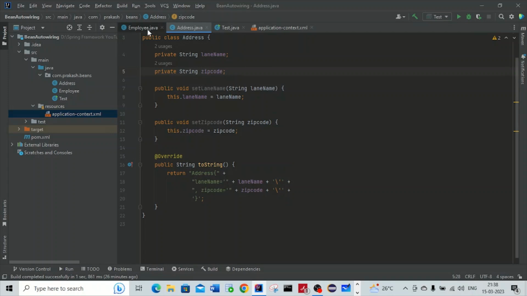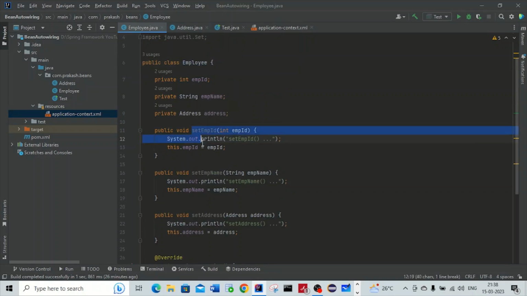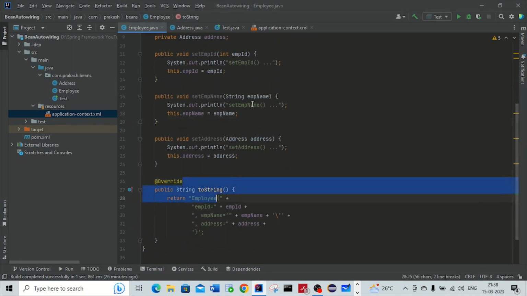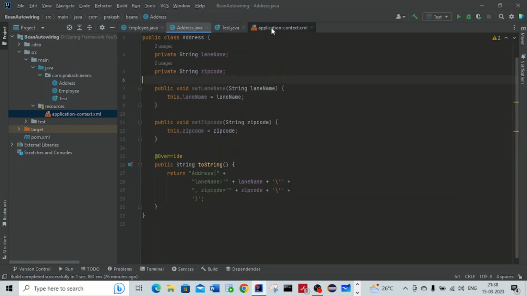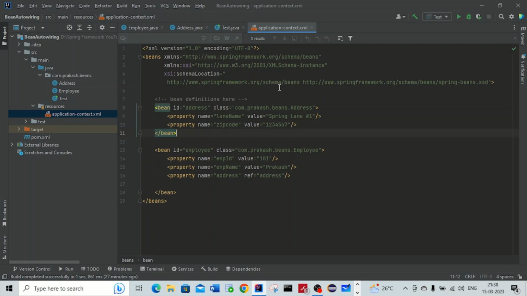Okay, so what I have done, I have set the setter for that and the toString and for the address. And let's go to the application context. So what we are doing here,